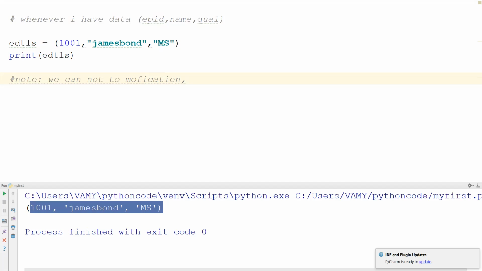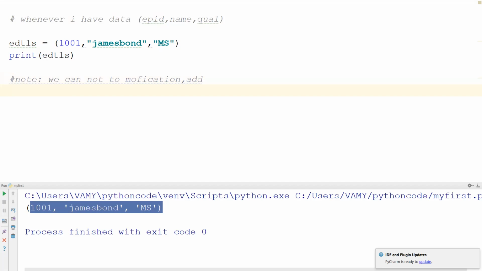We cannot add any new values and we cannot delete either. That's what we should remember, and that is the reason we don't have many operations on the tuple.